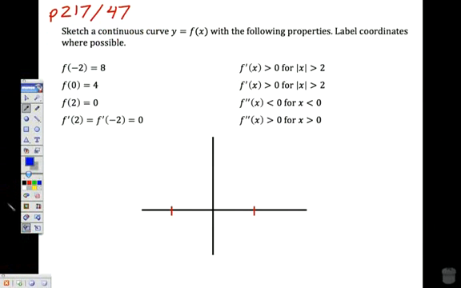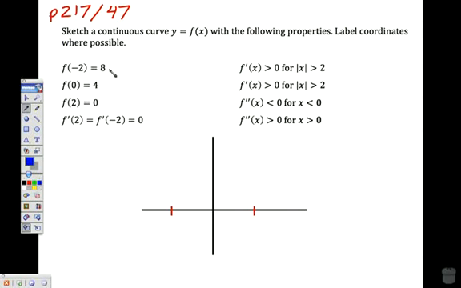Alright, this is number 47 on page 217. The question is to sketch a continuous curve for y equals f of x with the following properties, and then they give us these 8 properties, and we're supposed to label coordinates where we can. Okay, so